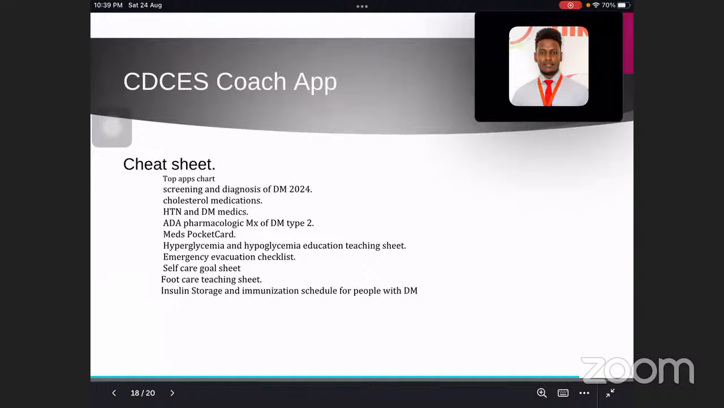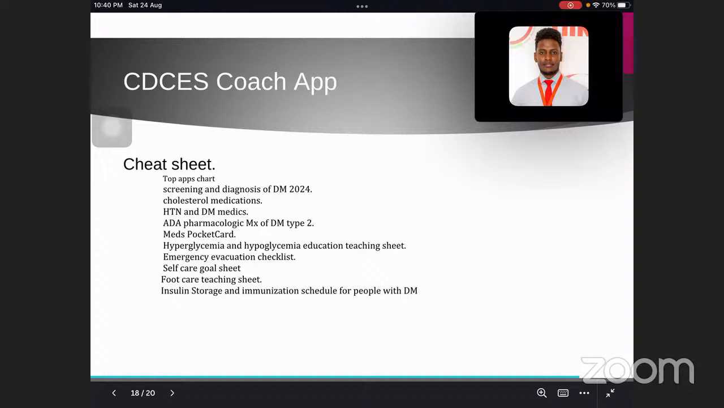The cheat sheet of the certified diabetes educator application contained much information about diabetes, including the top applications recommended for you to recommend to your patients, and also contains information about the screening and diagnosis of type 2 diabetes, along with information on cholesterol medication, hypertension, and diabetes medication, and the American Diabetes Association pharmacological management of type 2 diabetes,